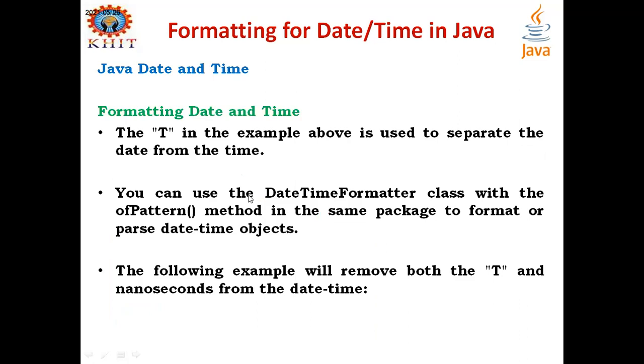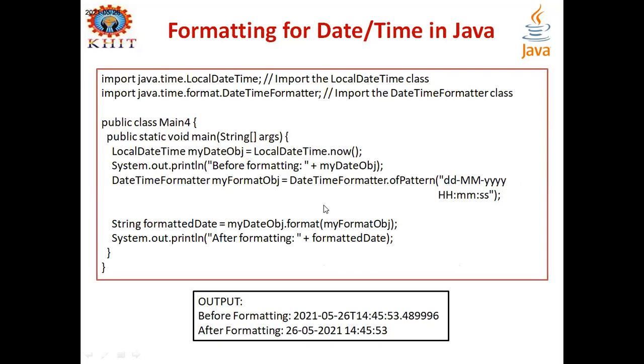And formatting date and time. There is a symbol we see when we work with these examples: one T symbol is separating the date and time, but we can remove this T and apply our format of date and time according to our requirement, month first, date first, or year first. There are many different types of formatters for date and time. So there is a special class called DateTimeFormatter, and with the use of a pattern you can set your pattern, month first or day first, and based on this method it automatically parses the date and time objects. And this is an example showing the same.